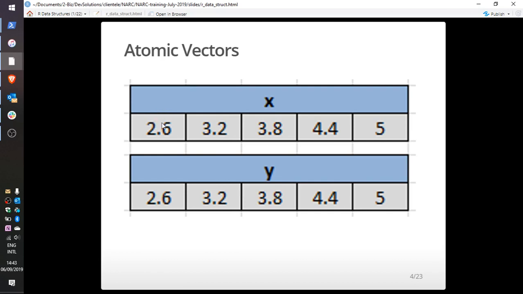So just imagine that these are memory locations in a computer. In each of these you have a number: 2.6, 3.2, 3.8, 4.4, and 5. And the one called Y has exactly the same thing. Okay? Now in R, if you want to reproduce this structure,